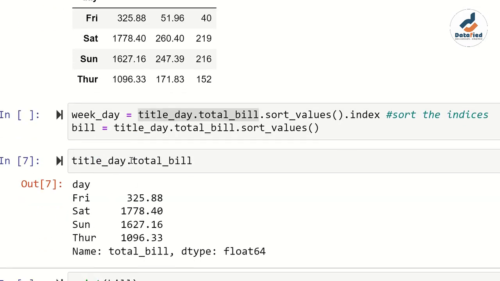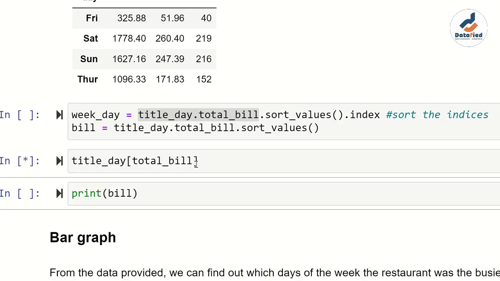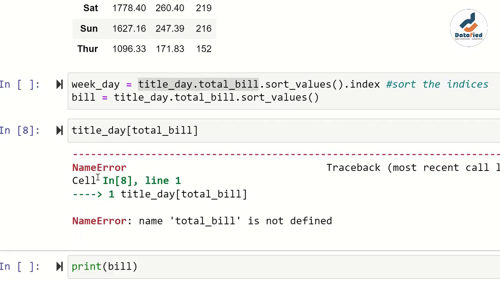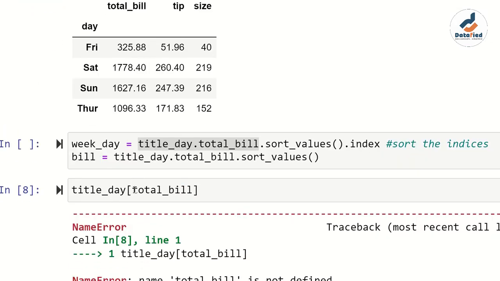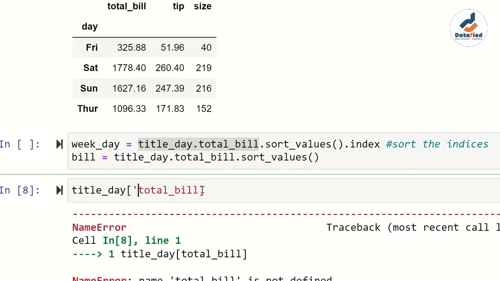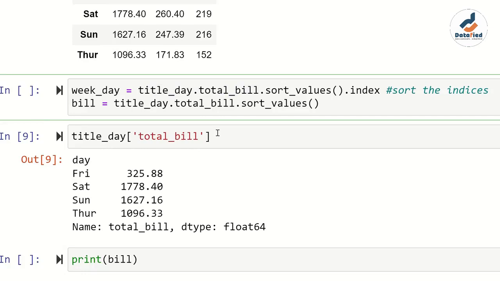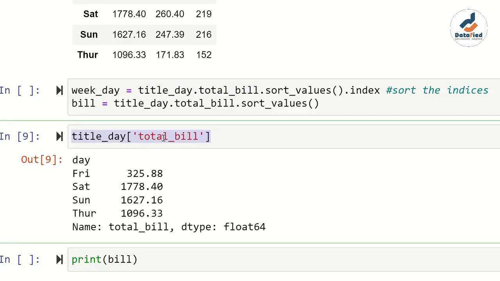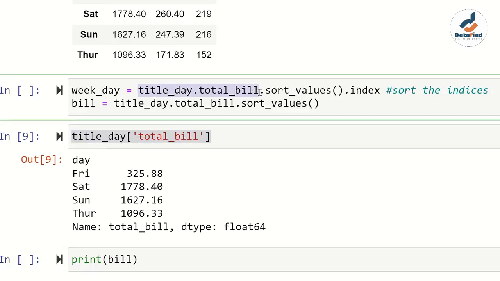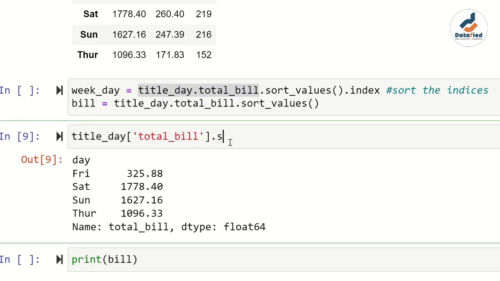The other way to achieve the same thing is to wrap this in a square bracket, and when you run this cell, you have total bill. Sorry, I'm supposed to wrap this within quotes. So as you can see, these two codes are equivalent. Either you run it using this code or you run it exactly like this. That is exactly what I'm trying to do. So when we say title_day total bill, accessing the total bill column of the title_day table, dot sort_values,